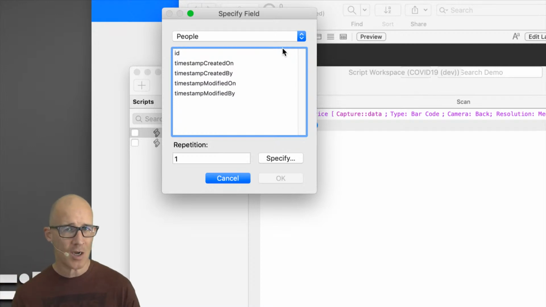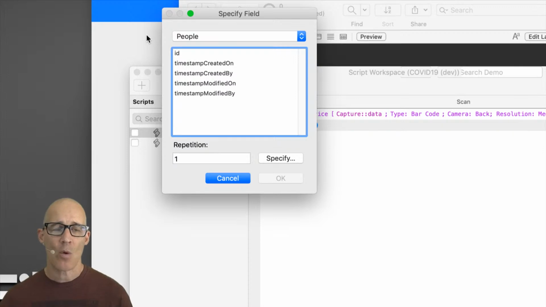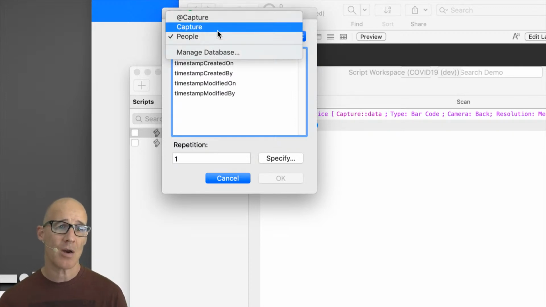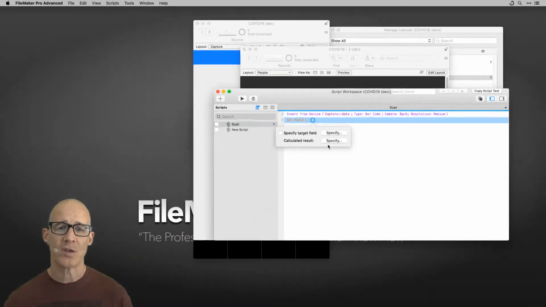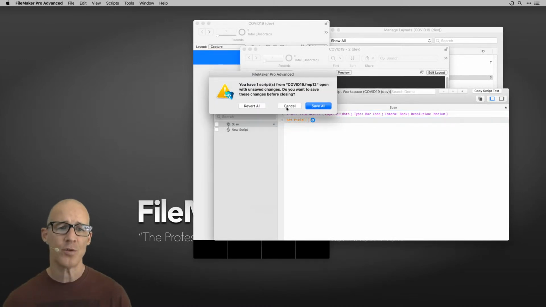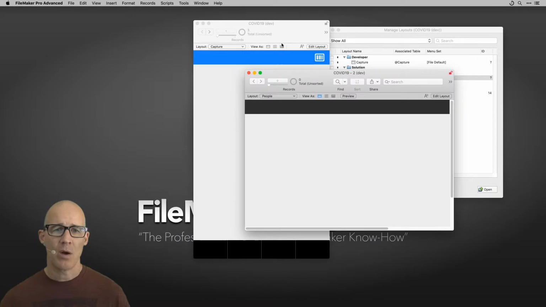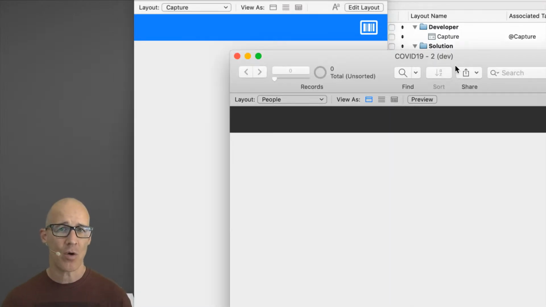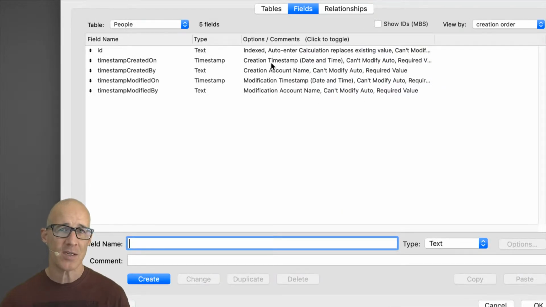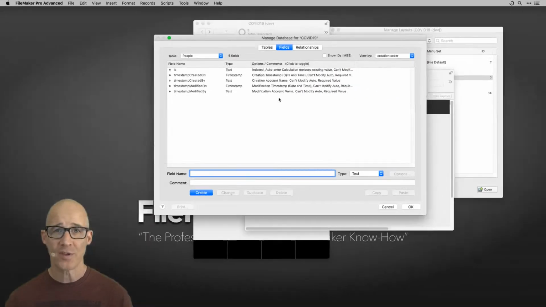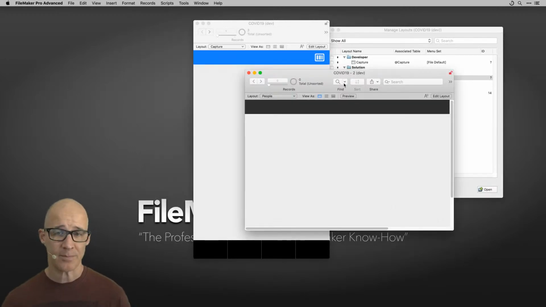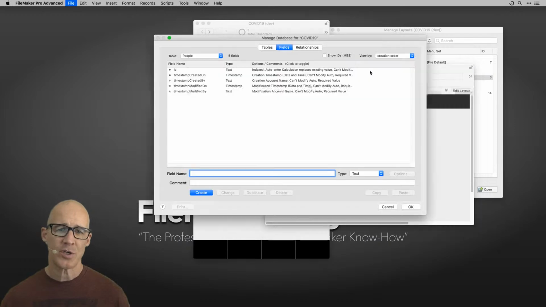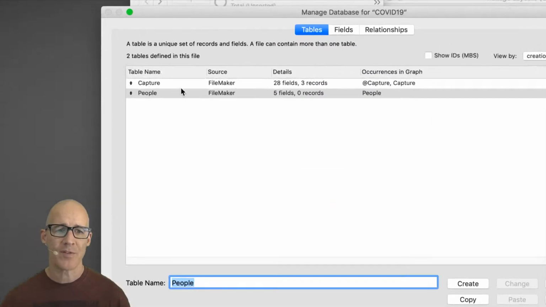Notice that FileMaker switched context based on the Frontmost window. When the capture was Frontmost, it said, oh, you must want fields from capture. Otherwise, you must want fields from people. This becomes really helpful when you're developing, because a lot of the times you want to bring the table forward, or you may be working on a UI such as this, but you want to work on some structure of a connected table. Sometimes just having the window open and switching to it in order to bring up your defined database puts you right in the format that you want, or within scripts allows you to write your scripts a little bit faster. So with my structure, I now need to choose what I want out of the capture table